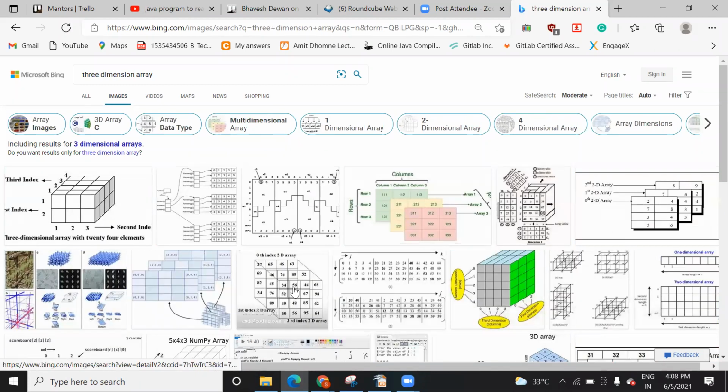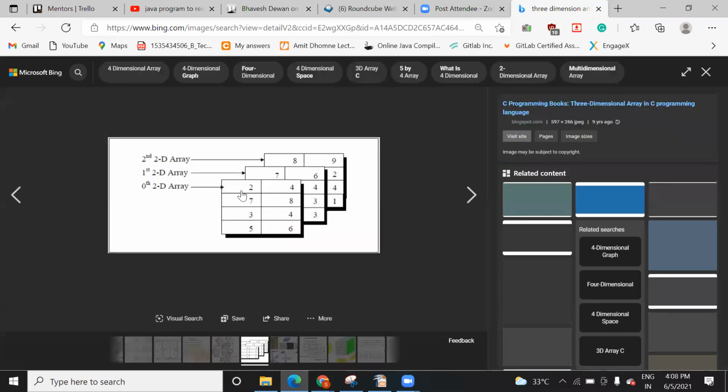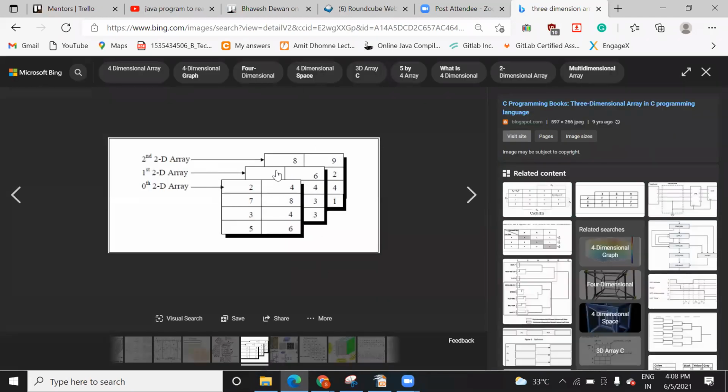It will be something like this: your front part, that is your length, the breadth, and the height. So there are three parts. If you talk about this one, there will be three kinds of cells.